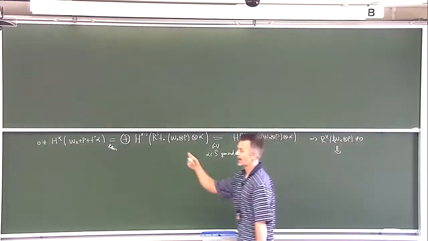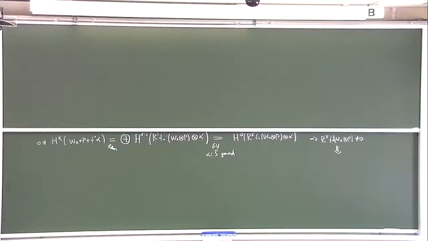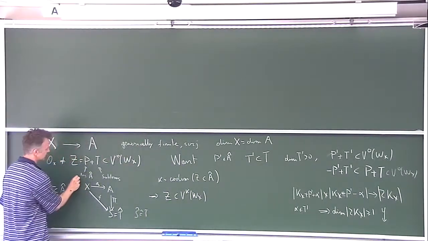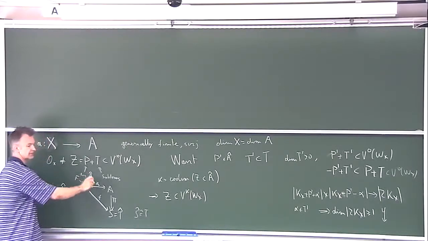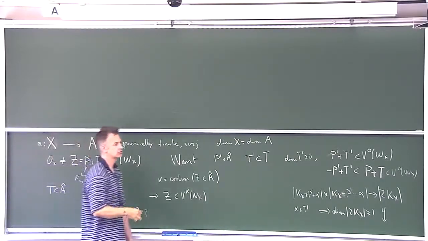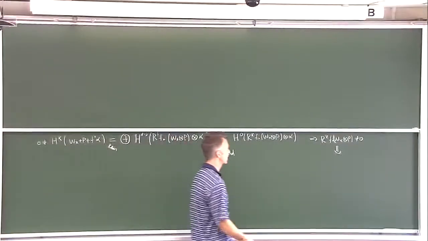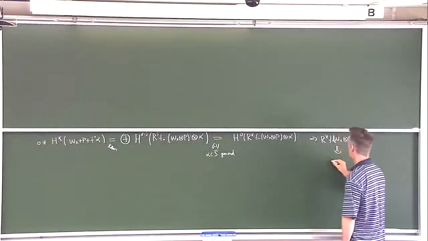Let's denote by F the general fiber of this map. And I'm going to pretend that this map has connected fibers. If it doesn't, I just need to consider the Stein factorization, but I don't want to introduce extra notation. So let me just pretend that it has connected fibers. So this tells me that